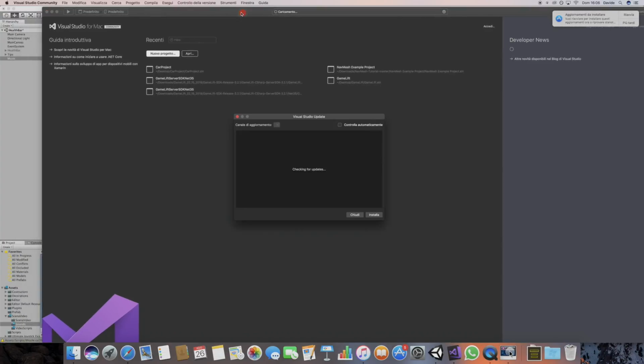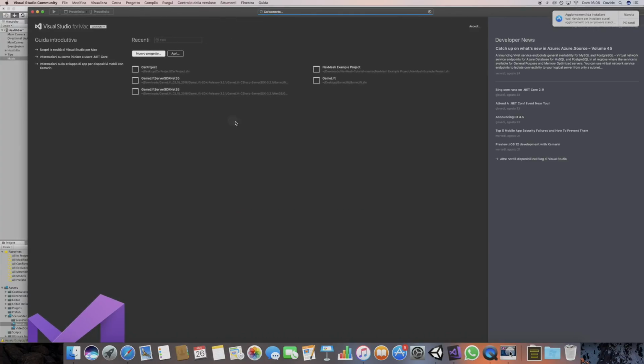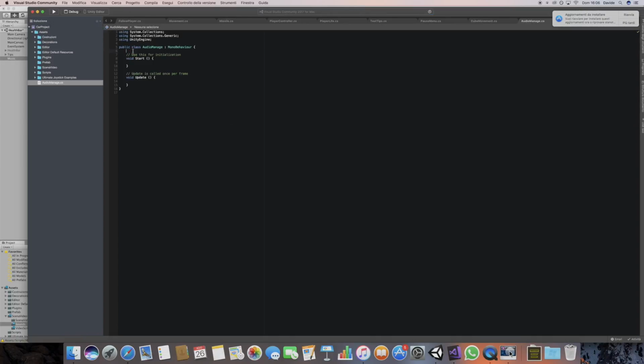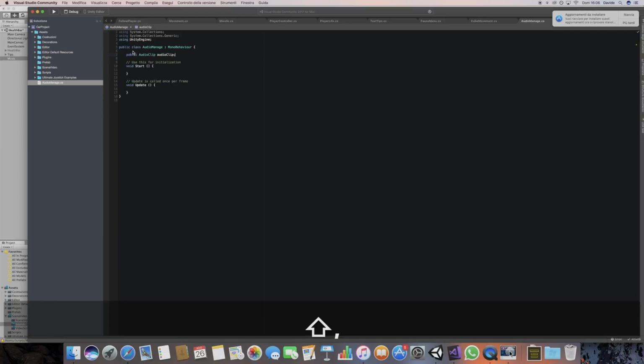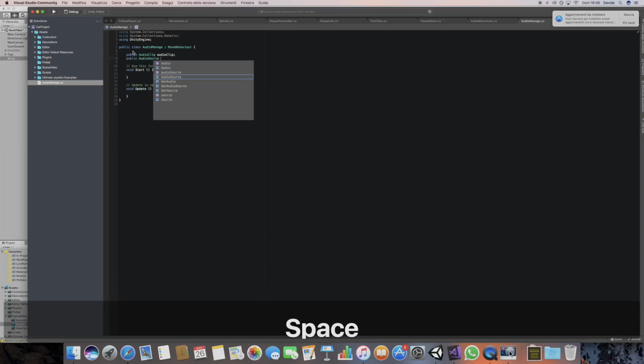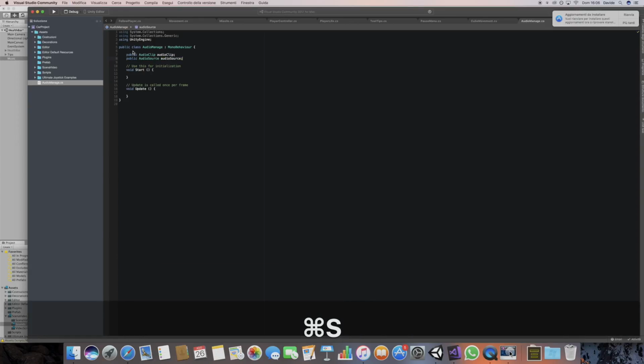Loading. Close it. Now say public audio clip, we can record it. Now public audio source, call it audio source, very simple, easy. Now in an update function